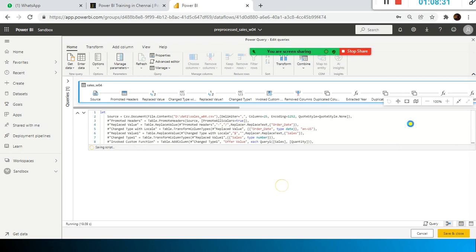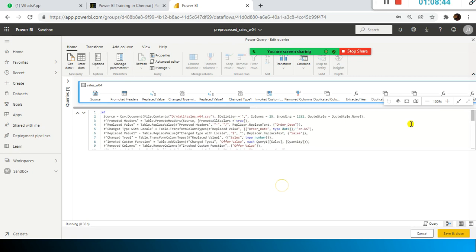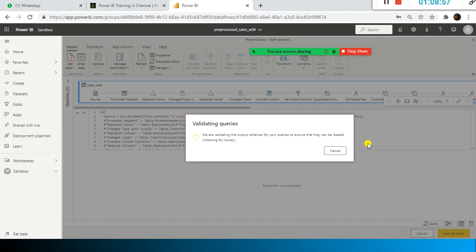Now I save and close it. It's very slow, Power BI.